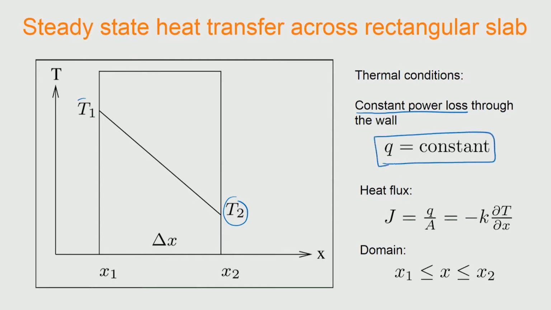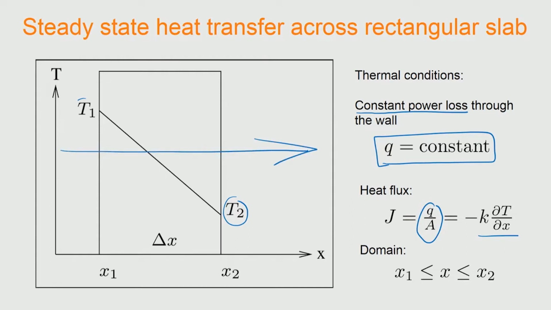We say it is power loss or constant heat flow. In the case of a rectangular slab, both are equivalent because the cross sectional area A is the same, but in cylindrical and spherical cases there is a big difference between calling the flux being constant or the power loss being constant. So, we say that this is constant across, which means that the heat loss in this direction is constant